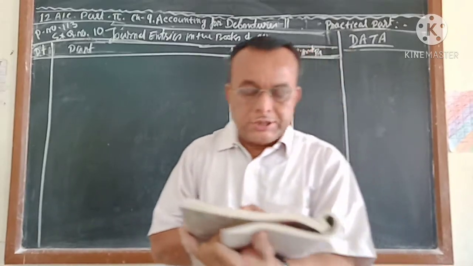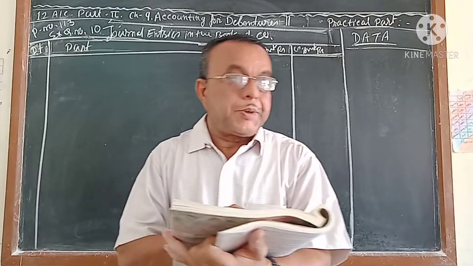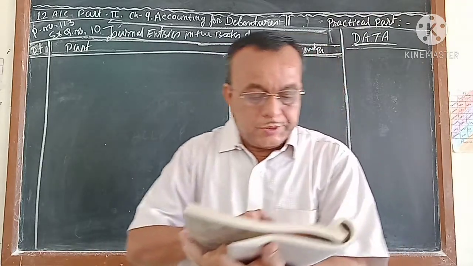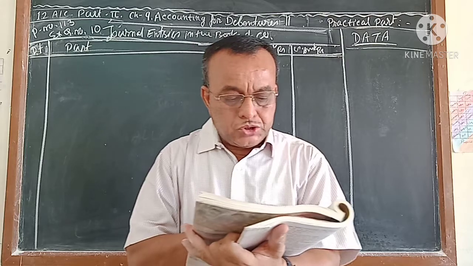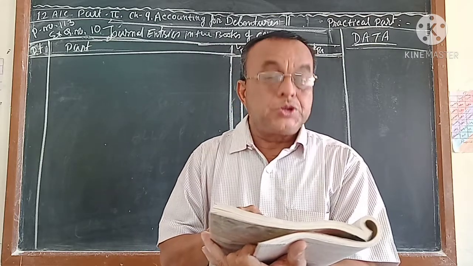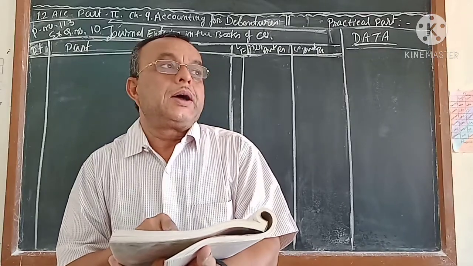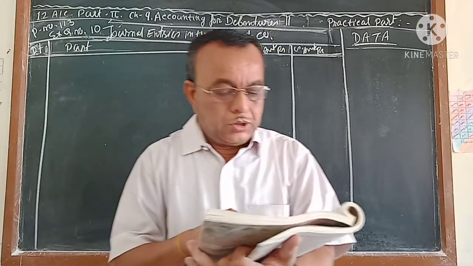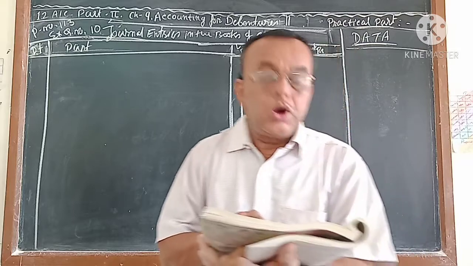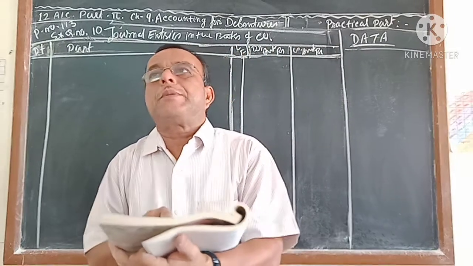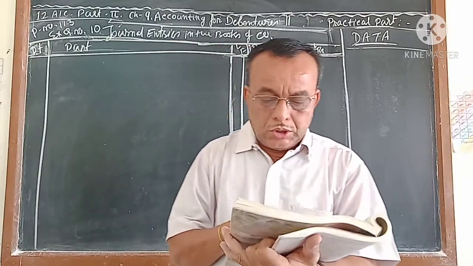The last sentence is most important. Last paragraph that I want to explain. This is a new thing. Expense on issue of debenture amount is rupees 22,000. This is the 22,000 company made the payment for what? For the issue of debenture. For the issue of debenture, company made the payment of rupees 22,000.